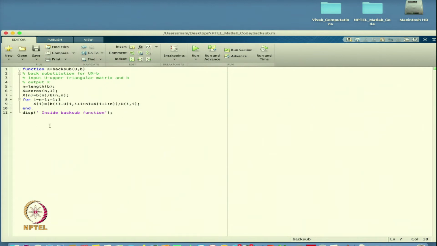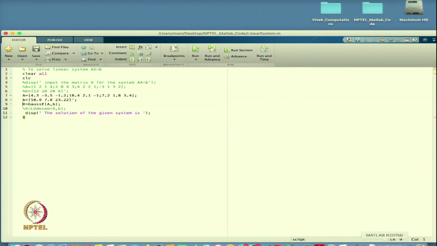and this is the end of the loop. And just to check whether, if I run the code, my code is going to this function, I generally write like this. It will show that inside back substitution function. So, it will give you the clearance that whenever you run the program, your function is going to this one. After doing this, now I define the main script.